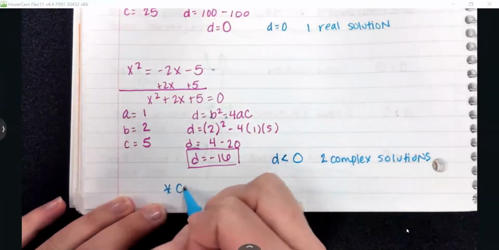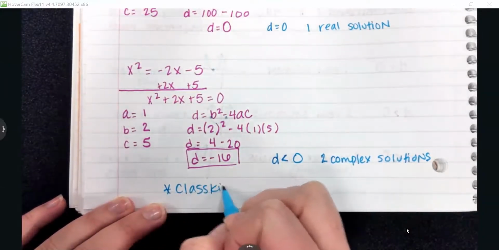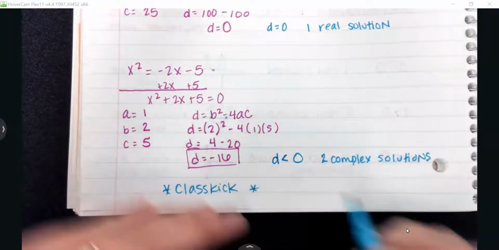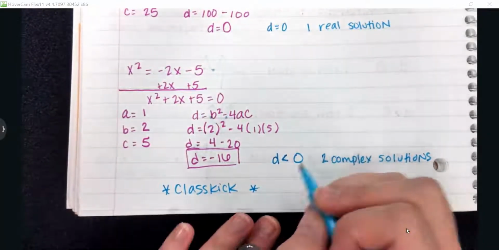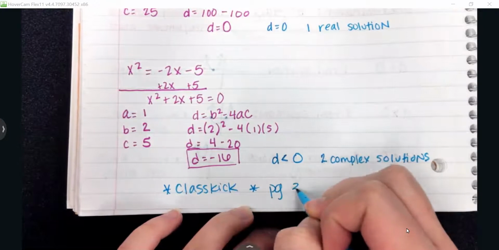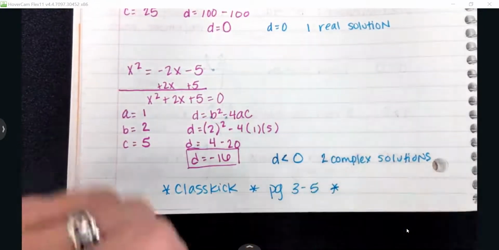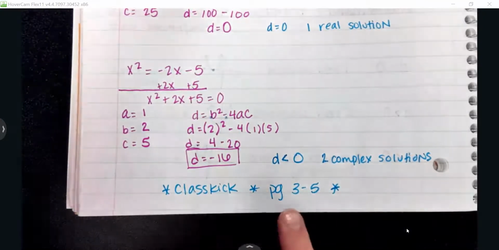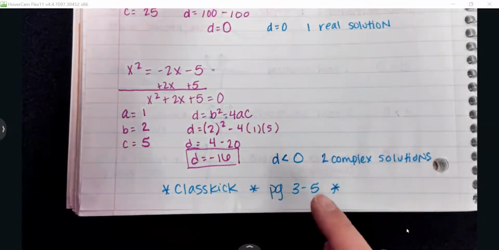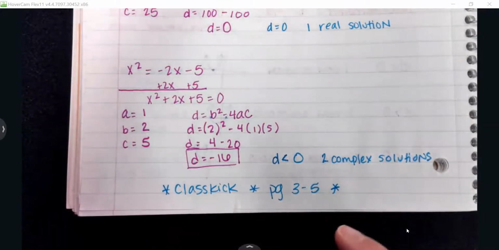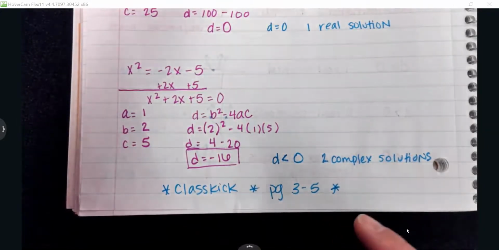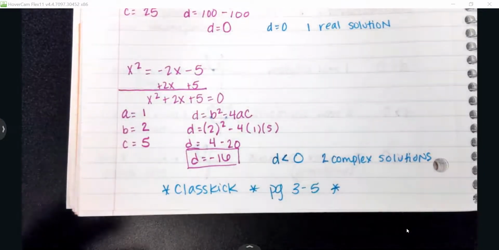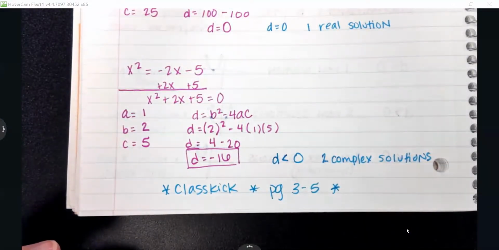Today in class, all you are doing is these problems that we just tried. You need to get pages 3 through 5. Most of you will get page 3 and half of 4 done, and that's okay. If page 3 takes you more than about 6 minutes, you need to ask for help because it should not. Okay? Second period, your class could